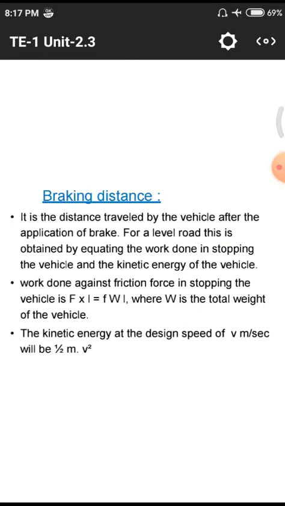Next thing we have to discuss is braking distance. Braking distance is the distance traveled by a vehicle after the application of the brake. That means in some cases we are simply applying the brakes and the tire is not moving, but due to velocity the vehicle will travel up to 1 or 2 meters after applying the brake. While we are traveling at a huge speed, say 80 or 90 km/h on our bike, and we apply the brake at that speed, our vehicle also moves some distance. That distance is called the braking distance.